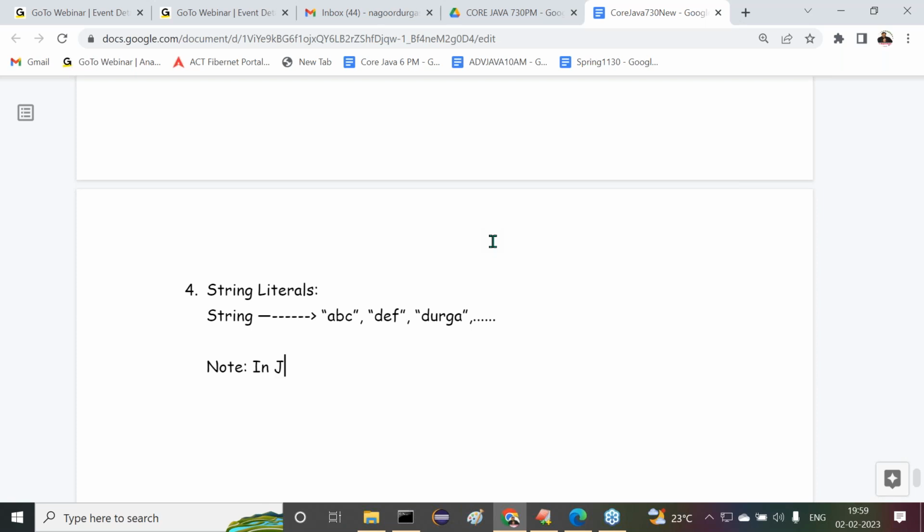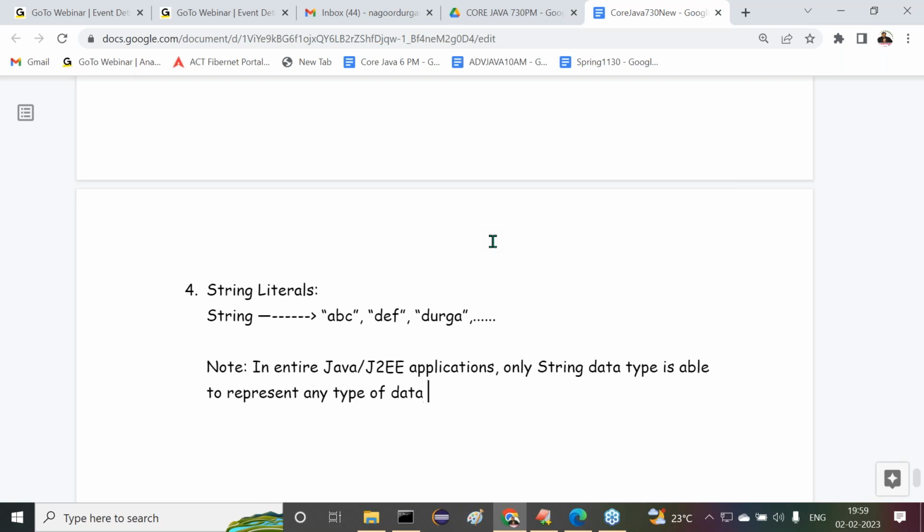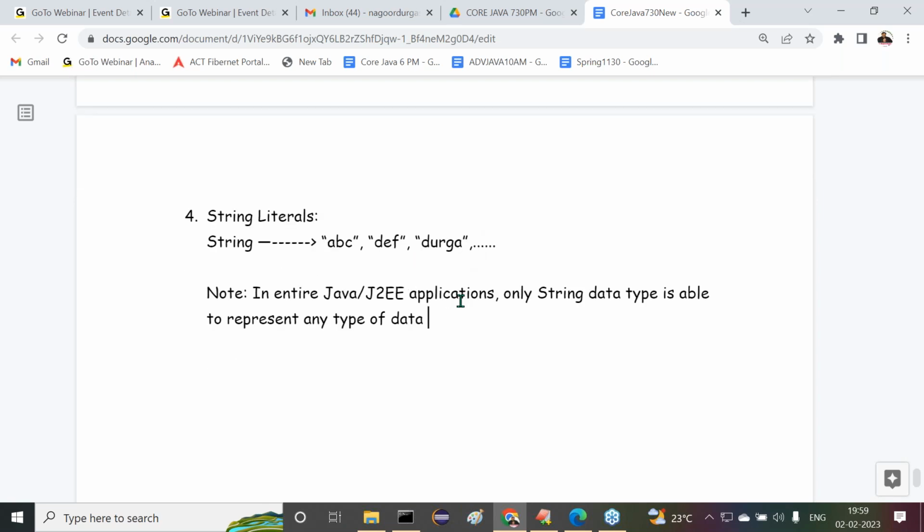In entire Java, J2EE applications, only the string data type is able to represent any type of data. That we can represent in only the string data type.